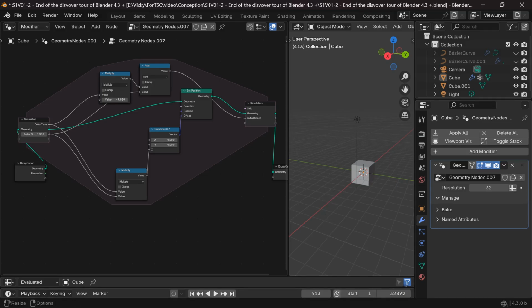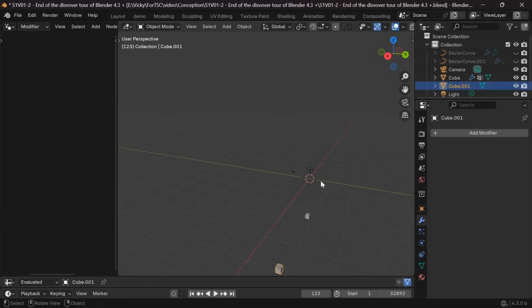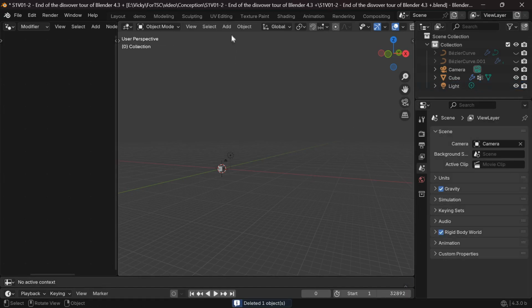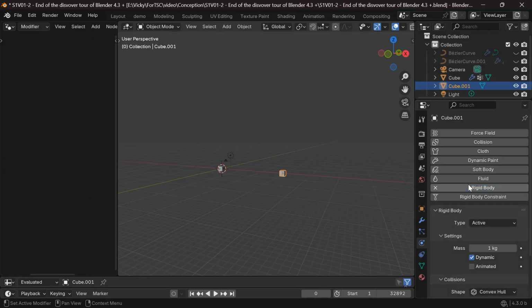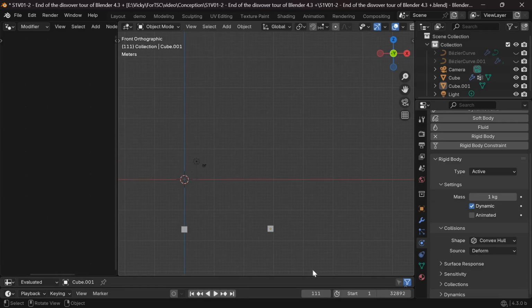To check if the calculation is good, I will show you how you can do that without geometry nodes. So I create a new mesh object, go to the physics tab in the properties editor, and add a rigid body. Rigid body is a mesh that cannot be deformed in simulation, unlike soft body. Since we calculate the position of the mesh and not the position of the points in the mesh, the shape of our cube will never be deformed. So we do a rigid body simulation. Now we can press the shortcut space to launch the simulation. As you can see, they fall in the same way.